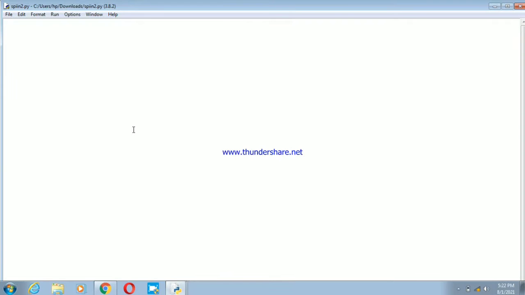First of all, we need to import the Tkinter module: from tkinter import *, and then t equal to Tk(). We are taking one root variable over here. Then we are going to set the geometry of our root variable. We can give any dimensions, it's up to us according to the program that we are doing.